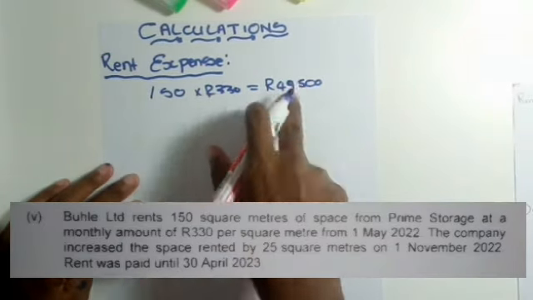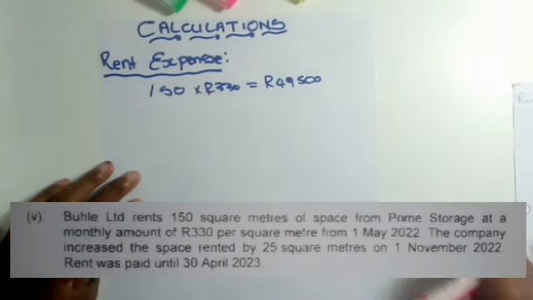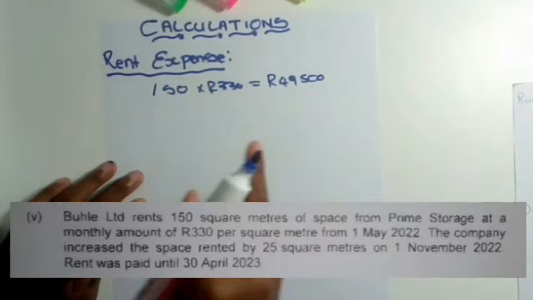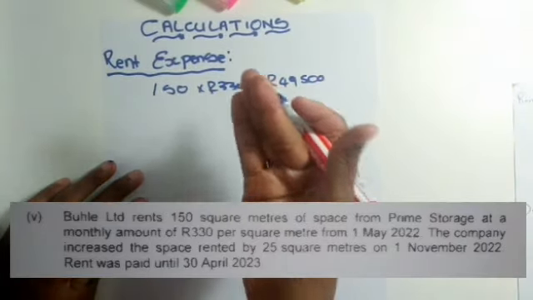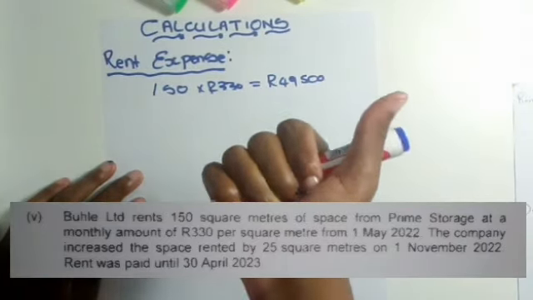Now they say that the increase was on 1 November 2022, so that means you are starting to count from 1 May 2022 to 1 November 2022. So you will count with your fingers, don't have shame about it. May, June, July, August, September, October. I'm going to end in October because the rent was increased on the 1st of November, so I cannot count November. So that means I paid this amount for a total of 6 months, so which means in full that amount is